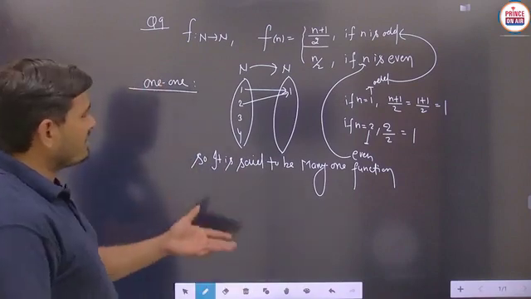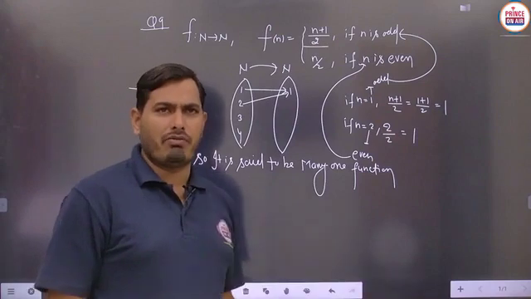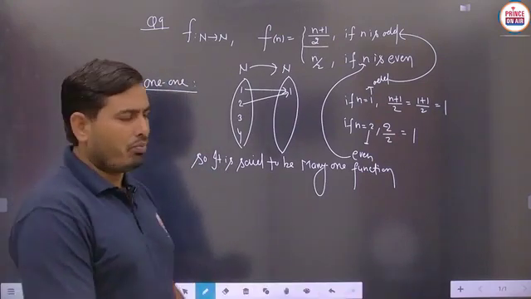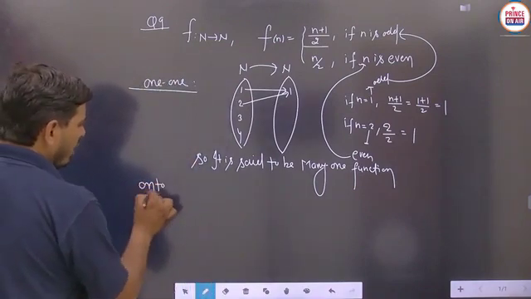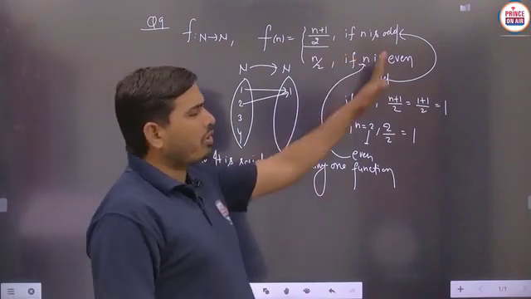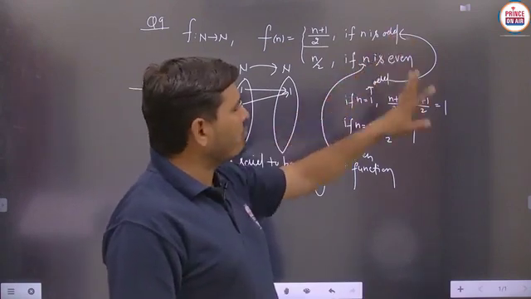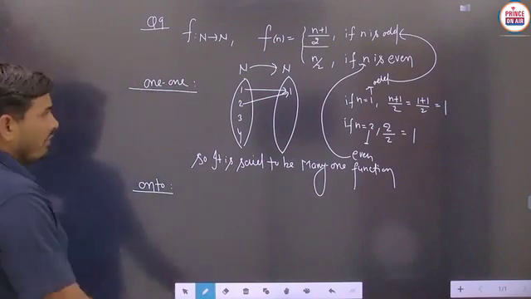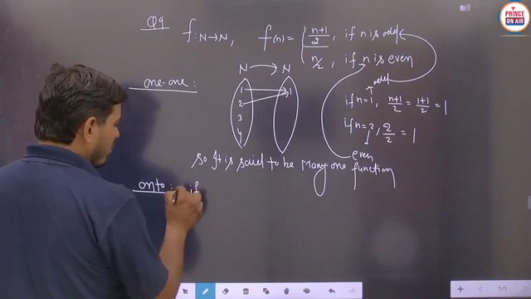So in this case you can say that this function is not one-one, then it is many-one, and in this case this function is not bijective. But we also have to check for onto. So for onto, according to the conditions, we are putting the value here. Basically n equals odd, so we are taking n equals odd here. So if n is odd, there are two cases for onto.